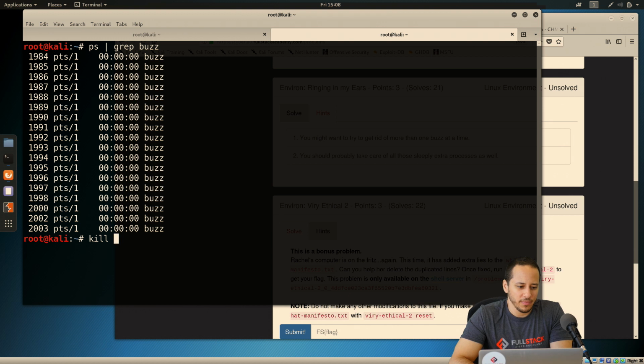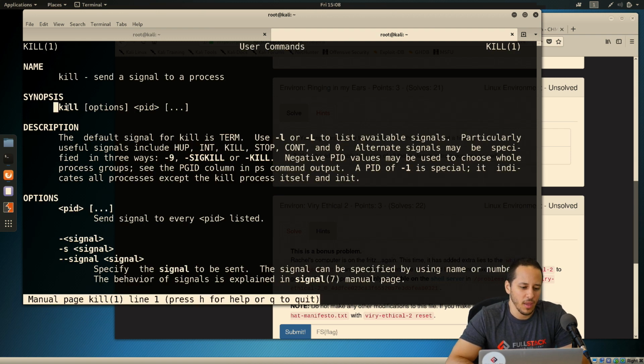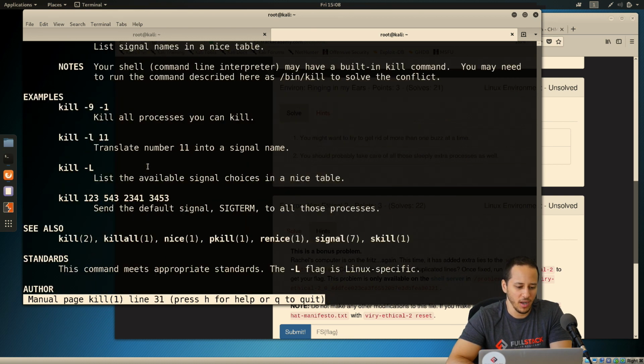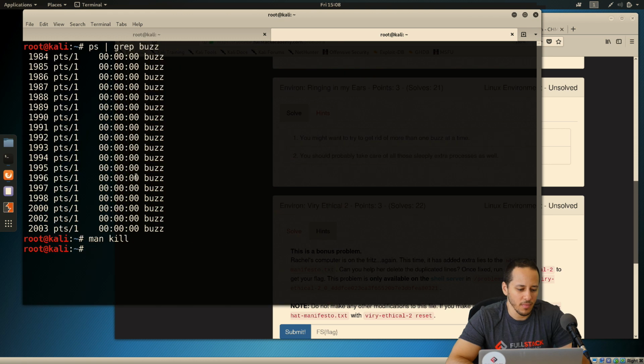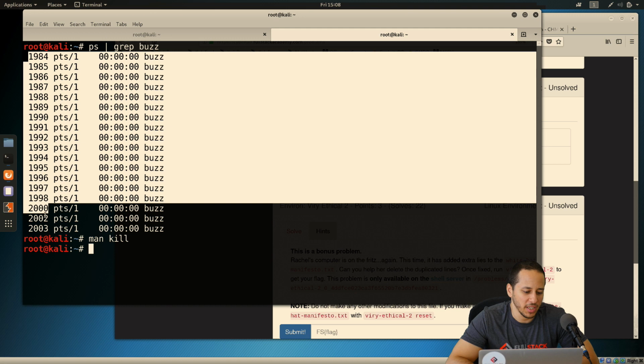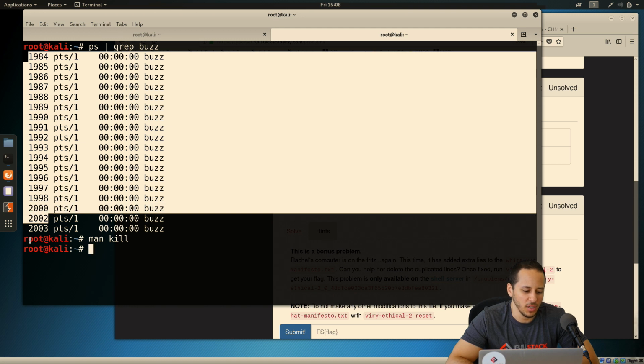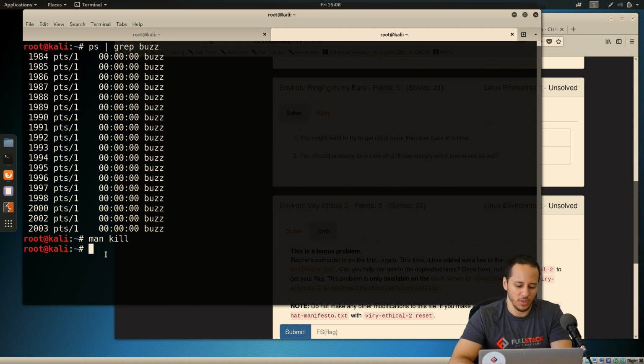So we're going to use kill, and if we want, we can look at man kill to see how kill works. So kill, options, and then the process ID. And there's a whole bunch of options you can look for. But what I notice here is all of these processes are sequential, right? We go from 1984 to 2003. So instead of writing kill 1984 and then looking at it again,